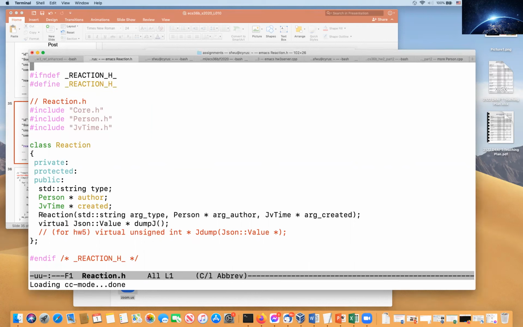And then I have this constructor for this reaction. And then I have a virtual function called dumpj. I haven't talked about dumpj yet, but just to tell you how similar they are, you can see a one-to-one correspondence between a JSON representation of a reaction versus a C++ representation of exactly the same information. All right, so